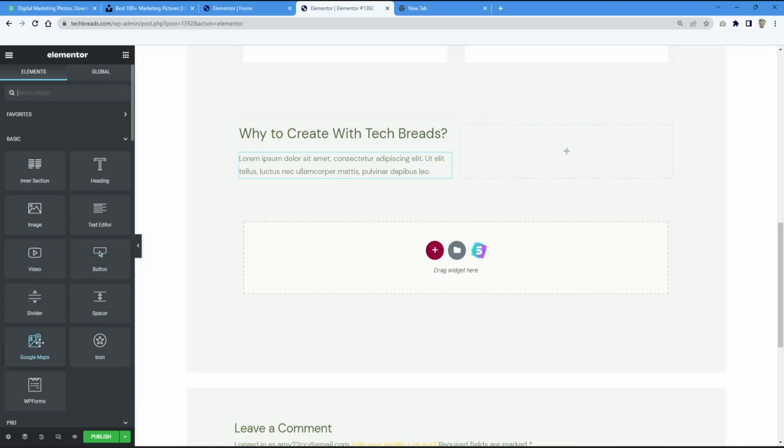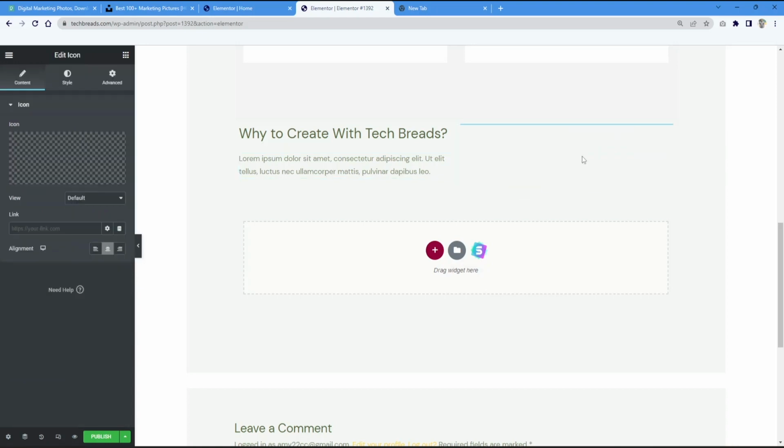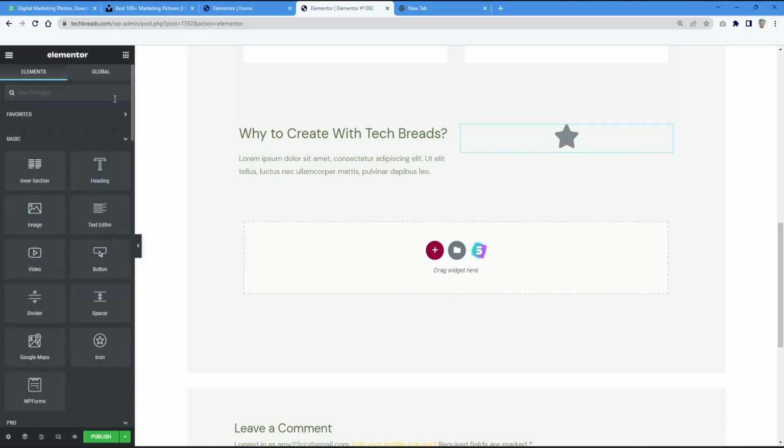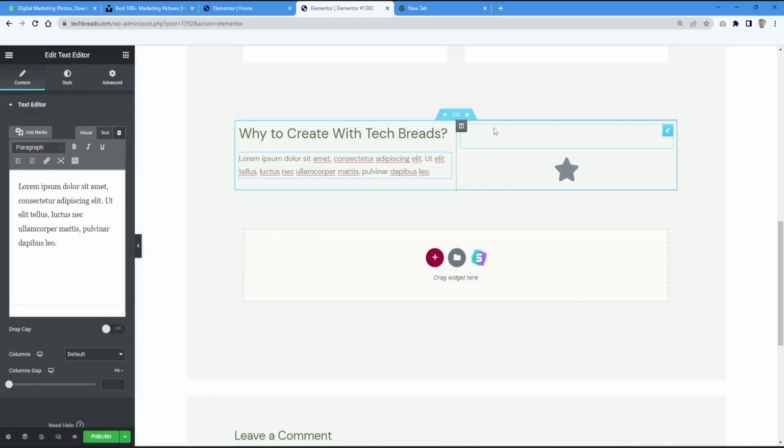So let's select an icon here. All right, and I want to give a space in between, so let's go to these elements over here, the space, let's bring it over here, and it looks good right now. Then we can also add